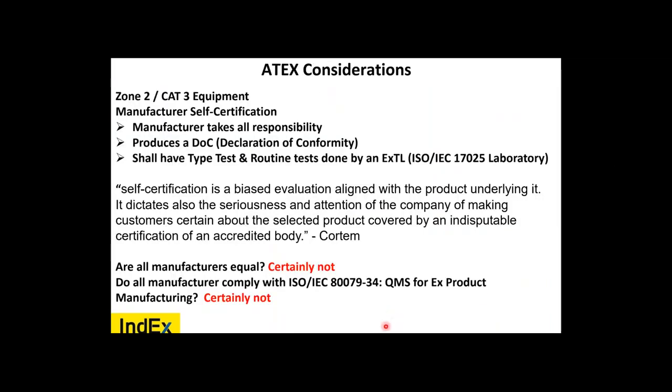Now, when it comes to Ex n or Zone 2 Category 3 equipment, there are considerations that must be taken into account when using it within Europe or any country that has fully adopted ATEX. Under ATEX, Zone 2 Category 3 equipment is manufacturer's self-certification, meaning the manufacturer takes all responsibility, produces a declaration of conformity, and shall have type testing and routine tests done by an ExTL, test laboratory,